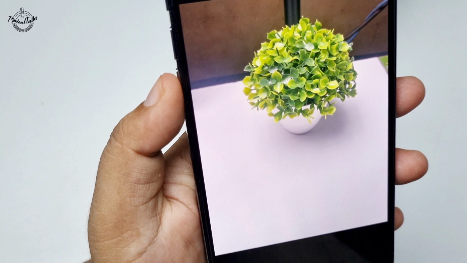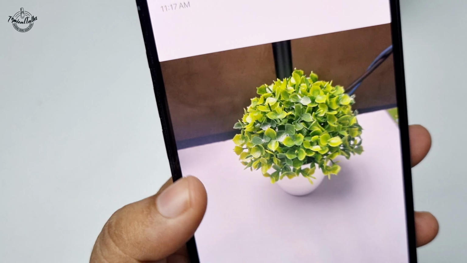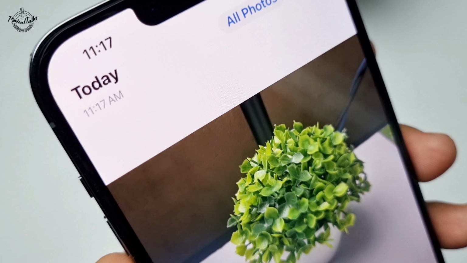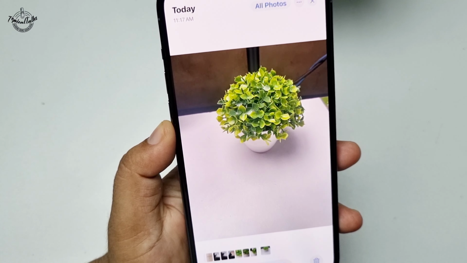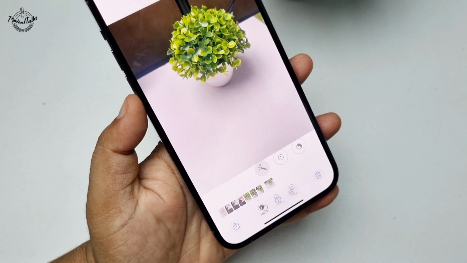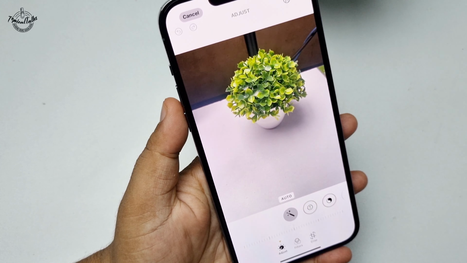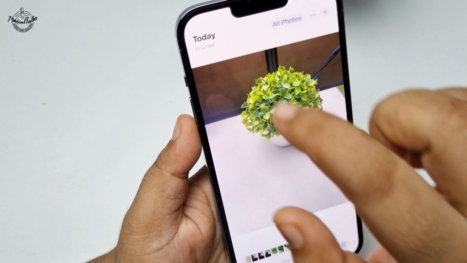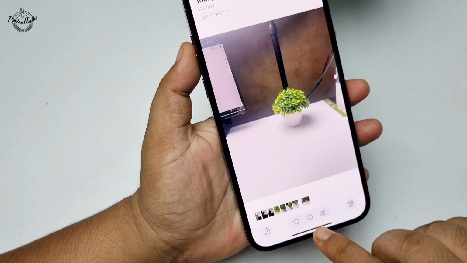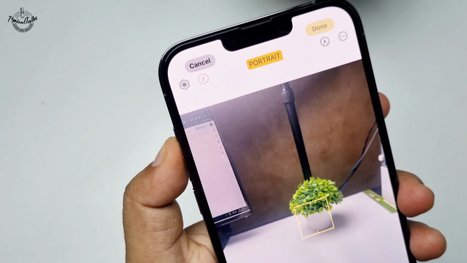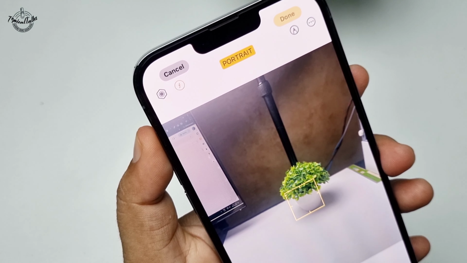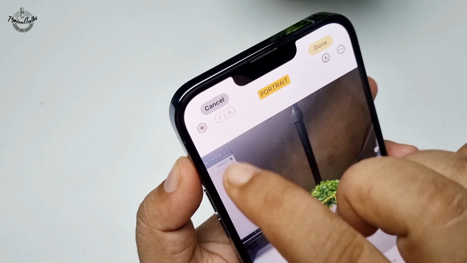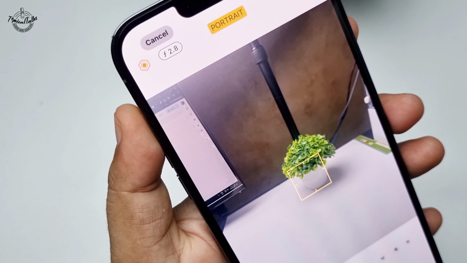And now here we can see the photo successfully captured and background is blurred. To make the background more blur, you have to edit the photo. So tap on edit, and here at the top left corner you will find this F icon. So make sure to enable this F, then tap on this F, and now